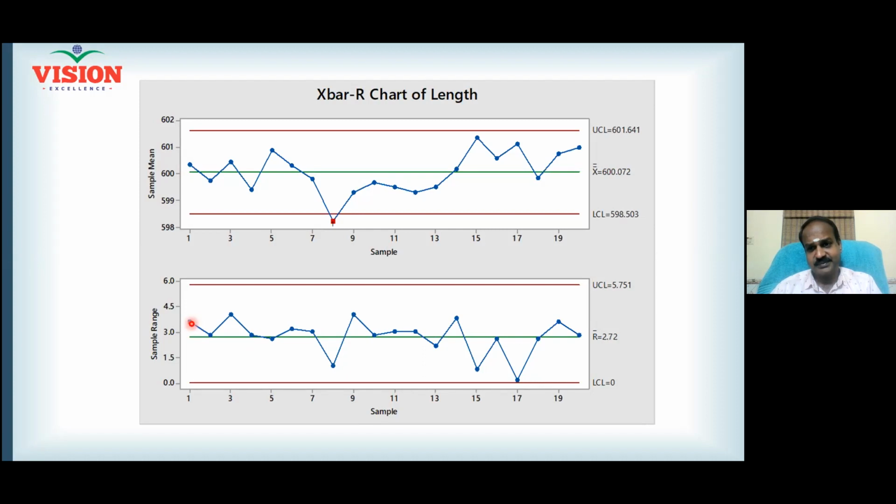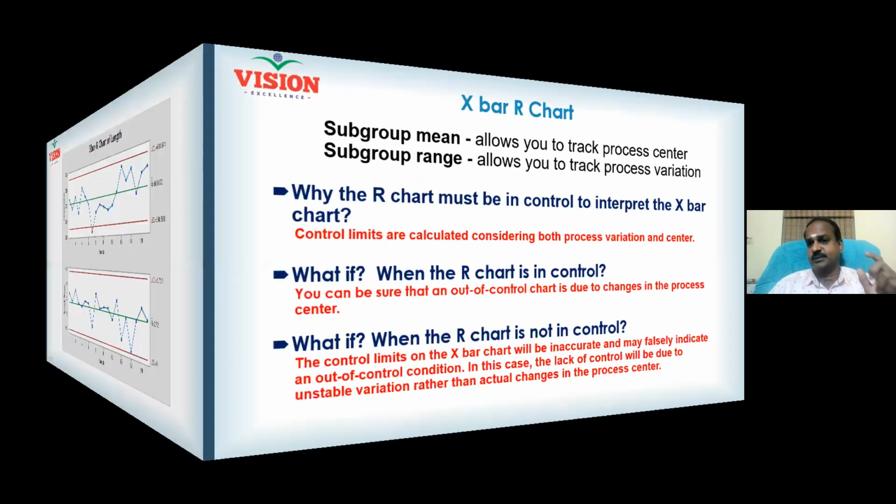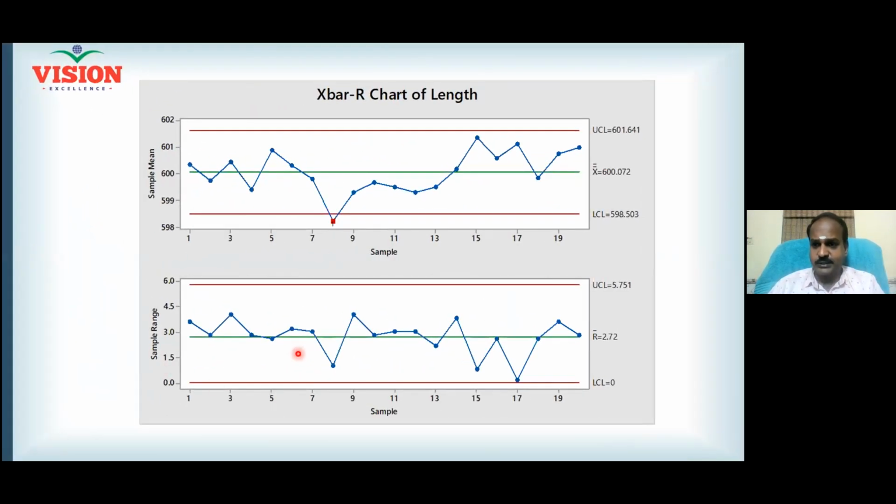Clear? You are not responding. Right. So there are two things we have seen. One is the R chart, which needs to be under control. It practically means the within batch variation is under control. And the X bar chart needs to be under control. It means the variation between the batches needs to be under control.